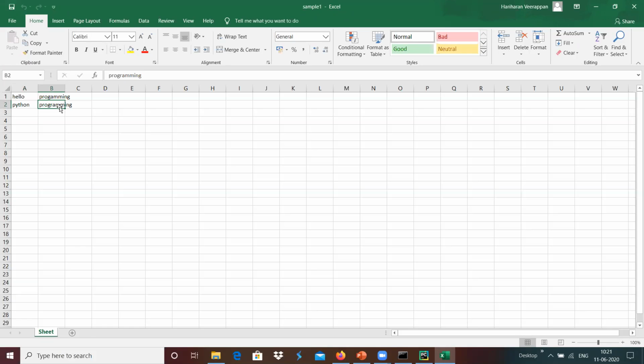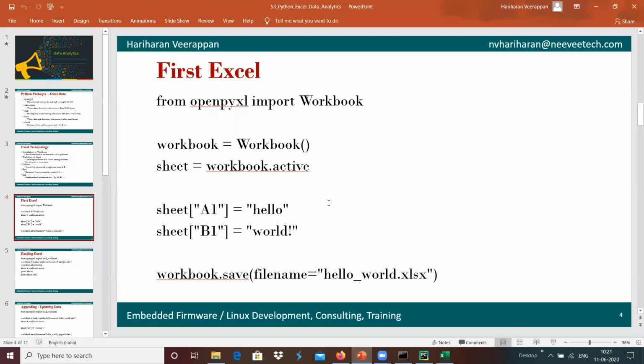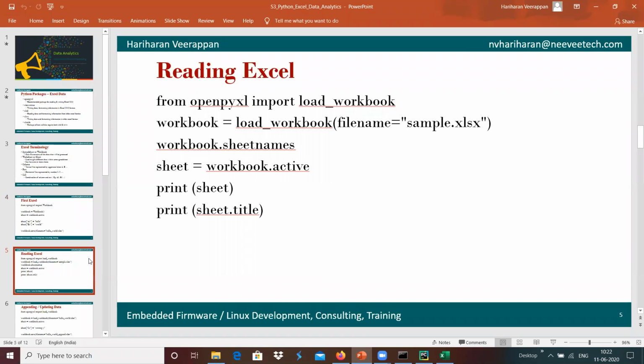We can use that to create our own Excel sheet. We just went through how to write the file into the simple Excel format. And we have the option of how to read the data from the Excel sheet.